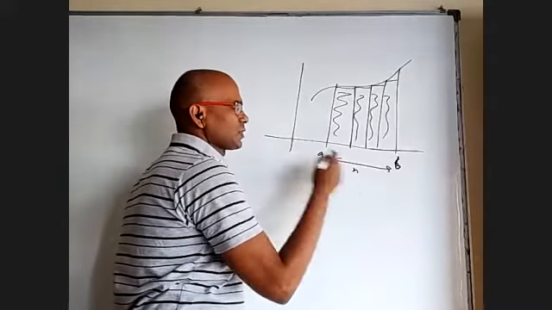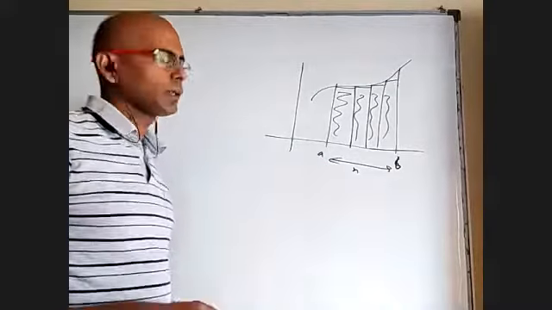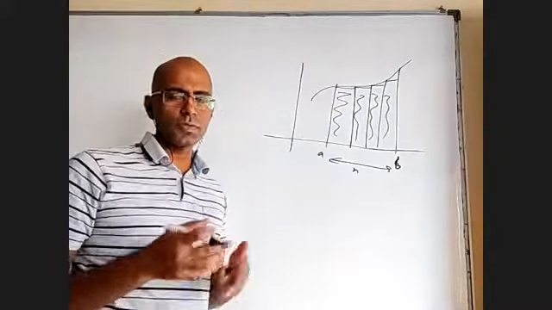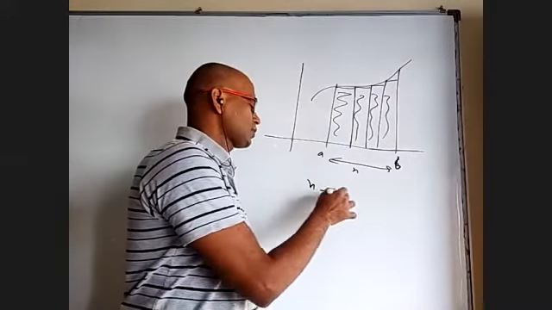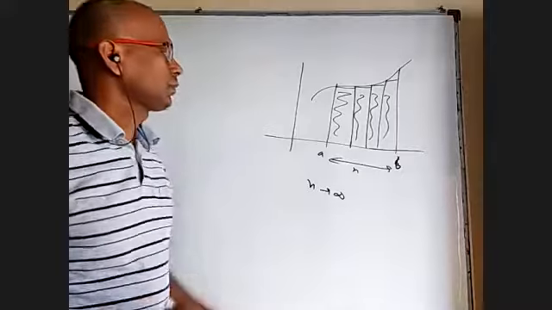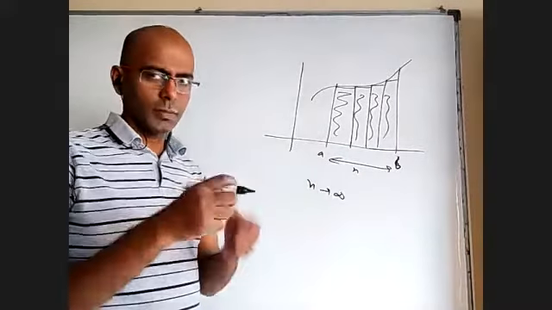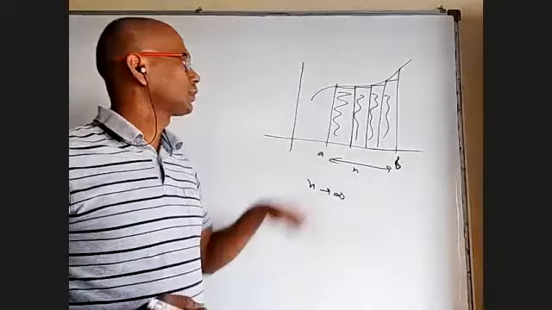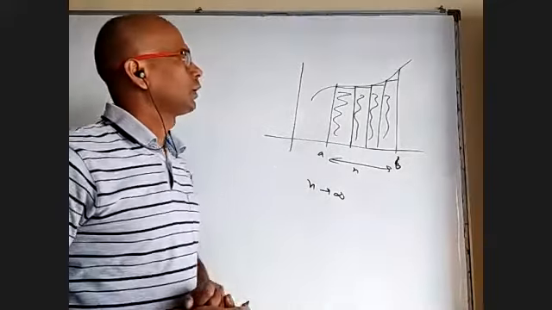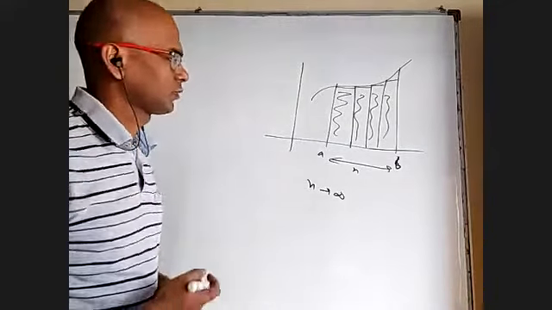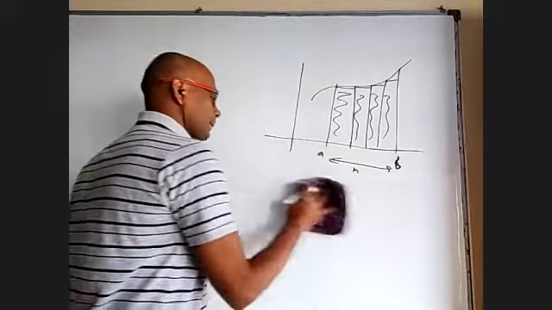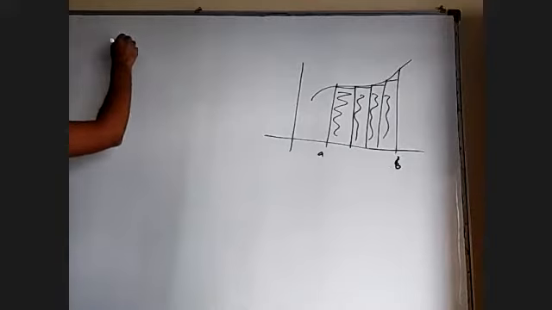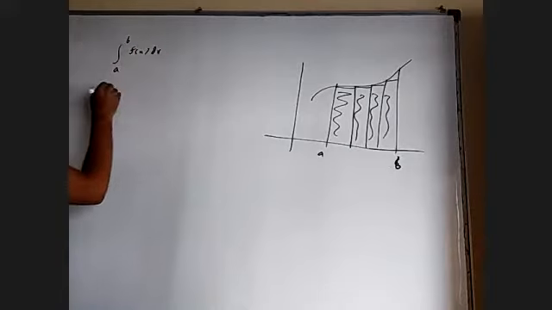If I take n strips in between these two, that is, the number of strips is n, and then find all these rectangles' area, I'll get an area as a function of n. Then I'm going to apply n tends to infinity. When the number of strips tends to infinity, the sum of all these rectangles' area will tend to the area under the curve. That is the basic concept of integration. So we don't even call it area. Integral A to B f of x dx is defined as,